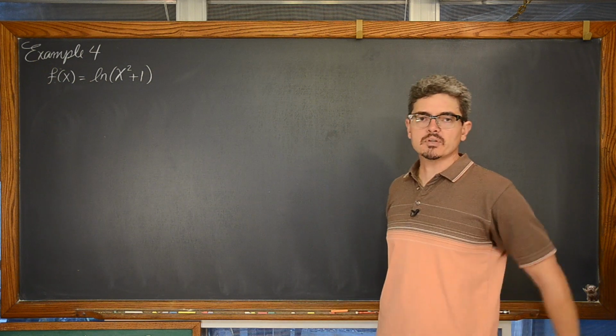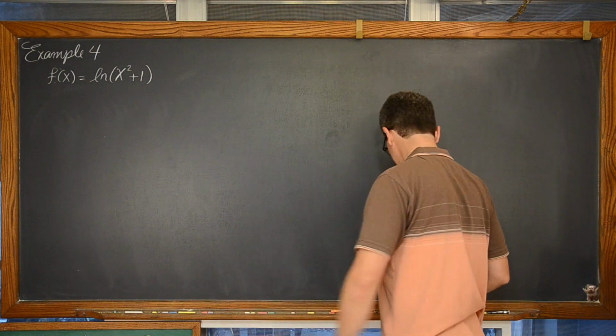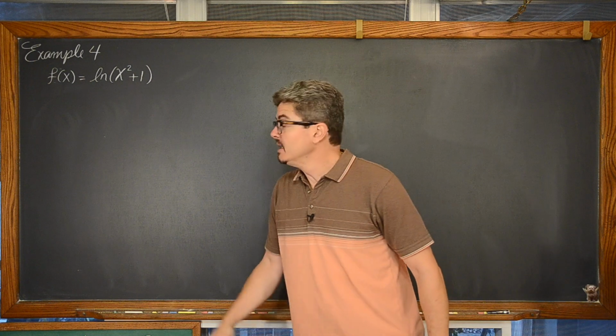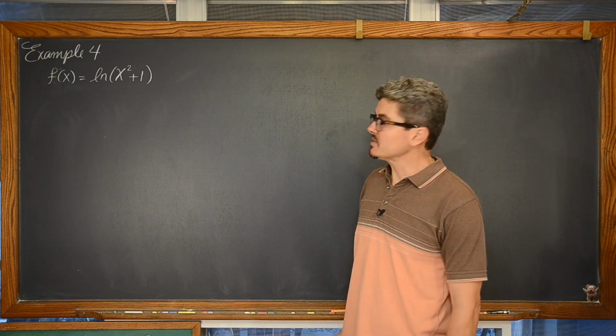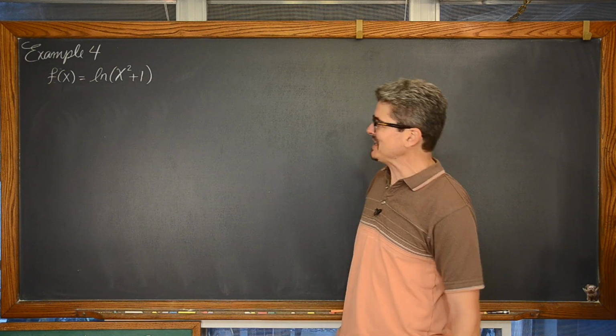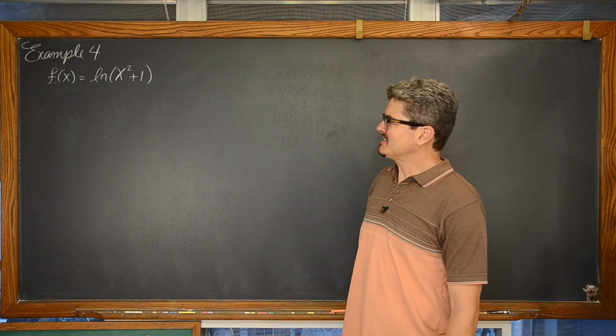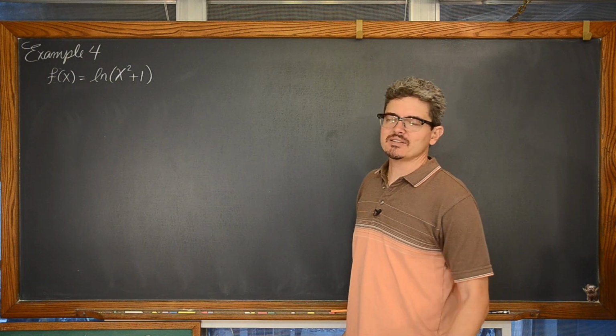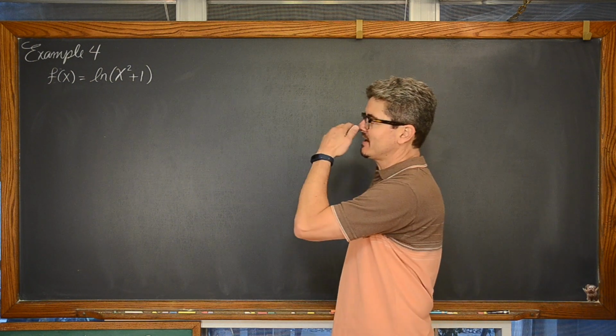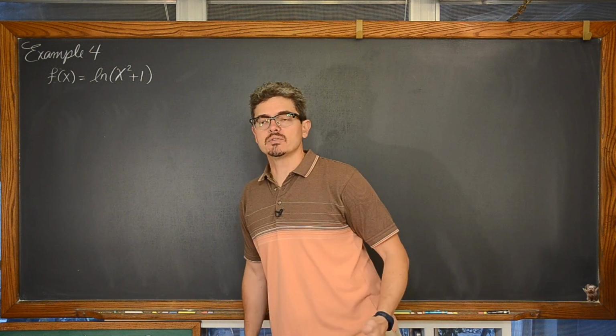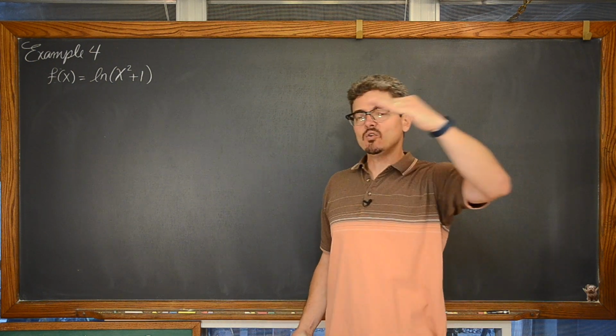Well, how does this example look different than all the other ones, other than I told you at the beginning of the video we'd go from easy to hard? Well, it's got a natural log function in it, and it doesn't look like a rational function. It's not a fraction. We're not going to look at that and go, well, a is equal to and r is equal to, because there's no a over 1 minus r.